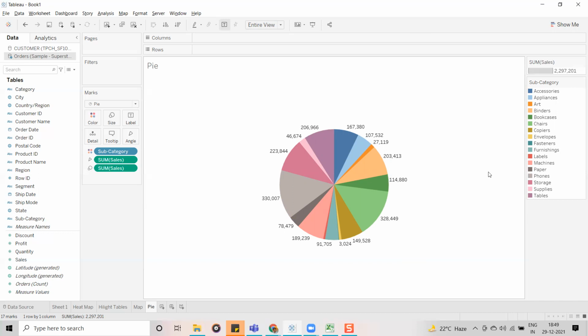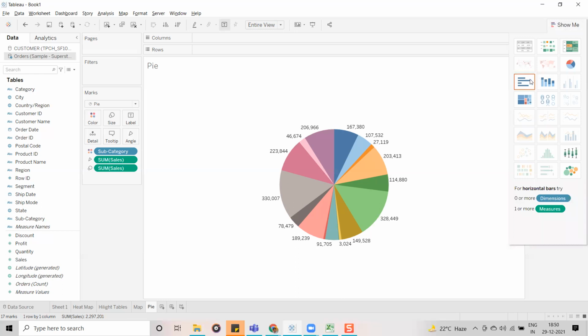Then we will go for the bar graph. The bar graph is also useful for comparison purposes only. Whatever the graph, guys, mostly we use graphs for comparison, like what the previous year sales are, what the current year sales are, or what the sales are in different categories. We are comparing one metric to another metric, or one data member to another, to know how it is increasing or decreasing. All the graphs serve the same purpose.